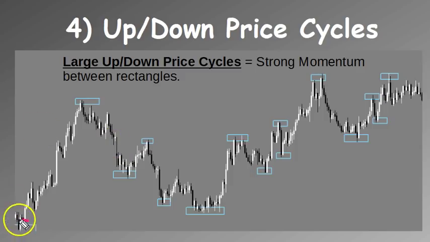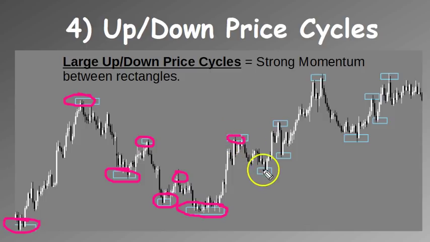Okay, so here we have support, here we have resistance, here we have support, here we have resistance, here we have support, and more support here. We actually had resistance here, but you can see price moves up in cycles. Here's an up cycle, a down cycle, up cycle, down cycle, up cycle, down cycle. Now we start moving up again here, down, okay, up, down, and you can see the bigger the cycles here, this is a huge momentum to the upside, very strong